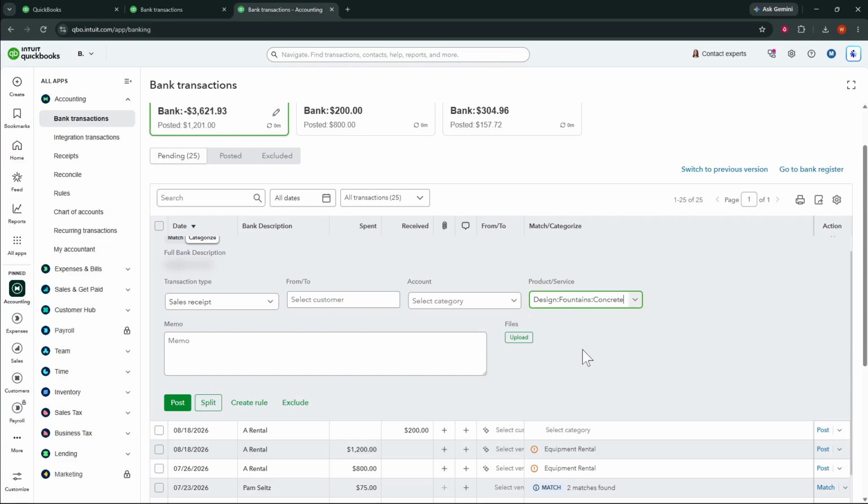When everything looks correct, click Post. QuickBooks will record the transaction using the account or category you selected, and the transaction will move forward from the